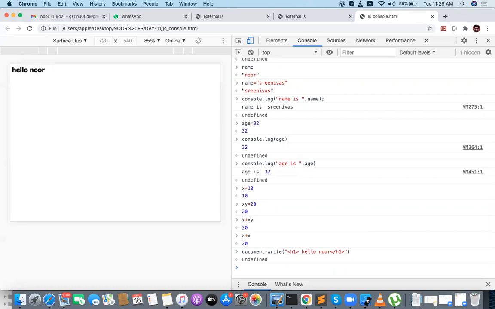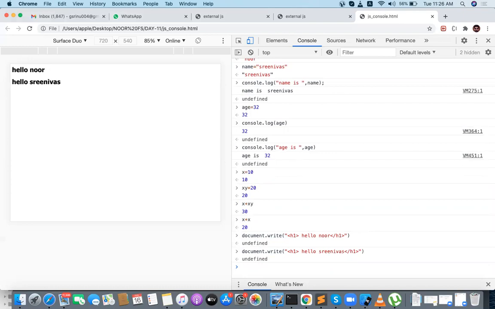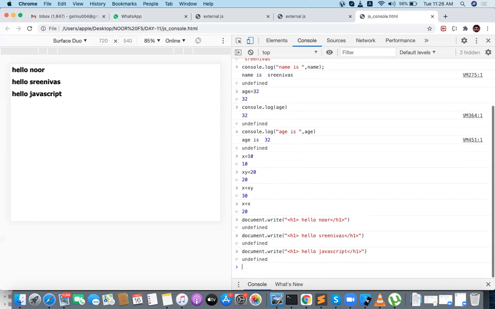Yeah, Hello Noor is placed, right? When I say document.write, hello Srinivas, can you see that? Hello Srinivas is also placed. Hello JavaScript. What happened? Hello JavaScript is placed.